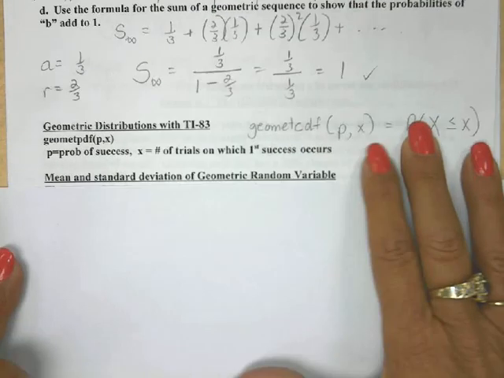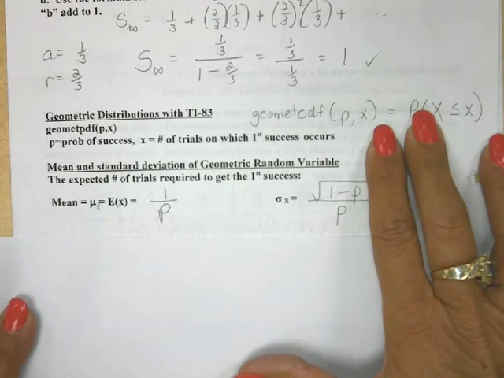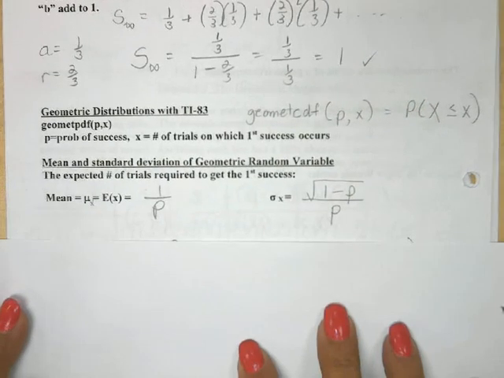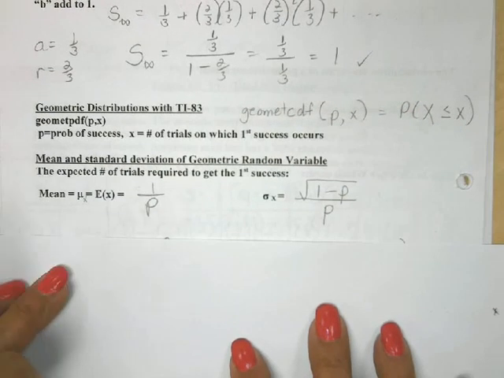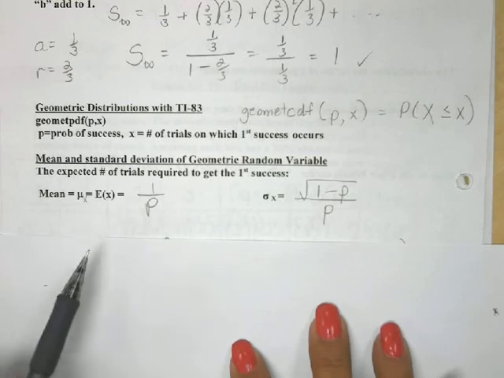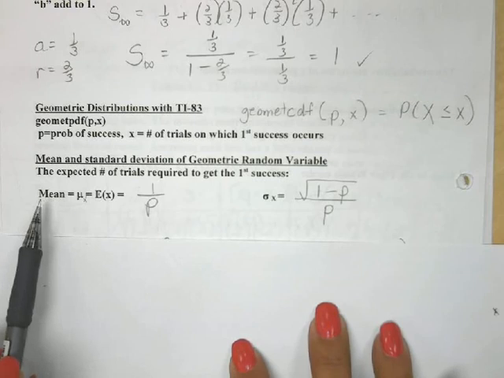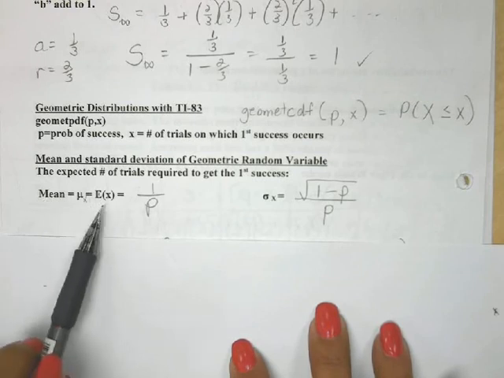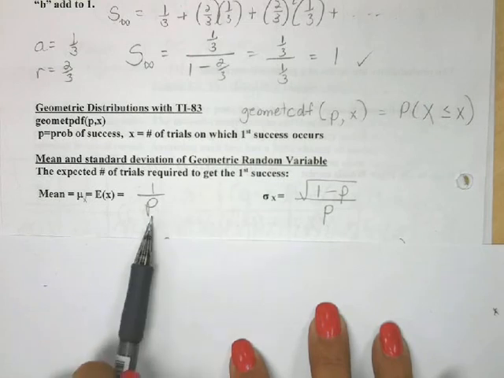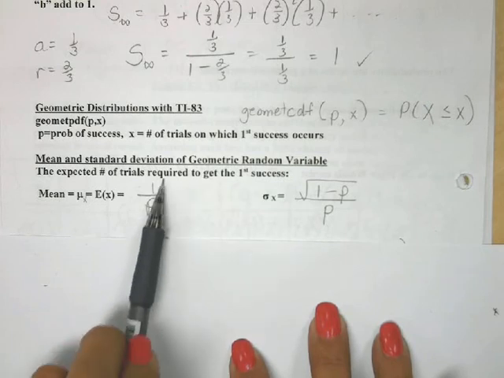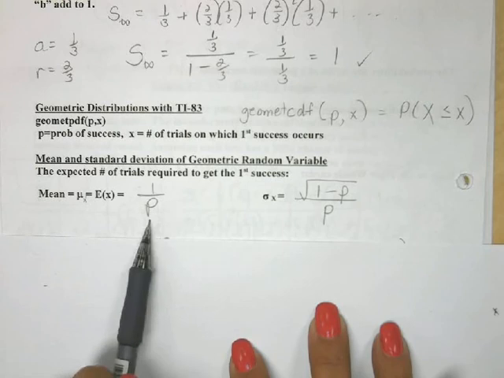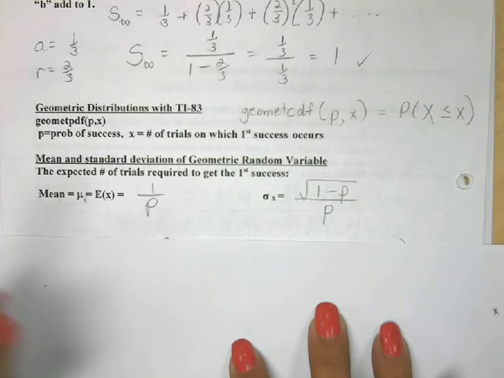But the context of what it means to find the expected value or mean is if I perform that experiment over and over and over again and count how many times it takes me to finally get that 5 or 6, the mean of that random variable, or the expected value of that random variable for a geometric setting, is actually very easy to find. It's 1 divided by the probability of a success, which really means this is the reciprocal of the probability of a success.